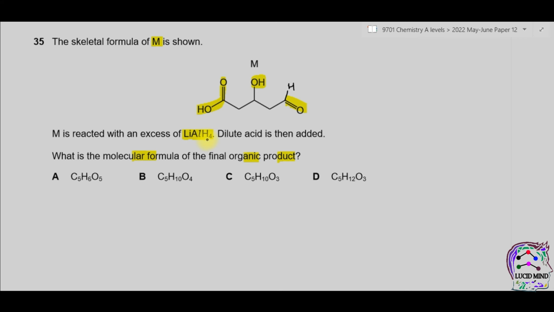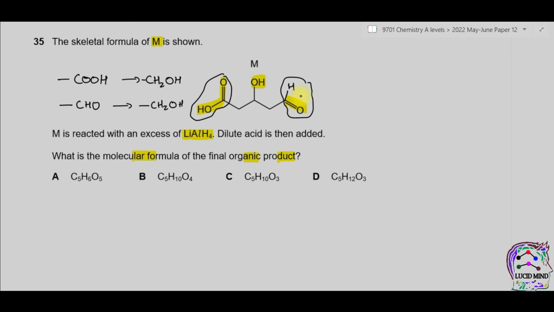So LiAlH4 is a powerful reducing agent. It can reduce carboxylic acids. It can also reduce aldehydes. So the carboxylic acid is reduced to a primary alcohol. The aldehyde is also reduced to a primary alcohol, while the secondary alcohol is not affected. So the products would be like this. Instead of COOH and CHO, we have 2 primary alcohols. So now the structure will be like this: